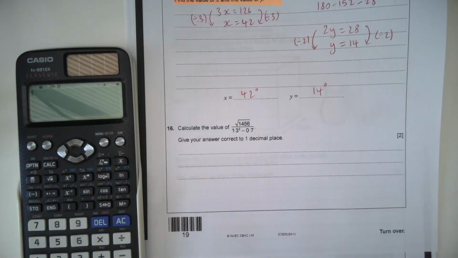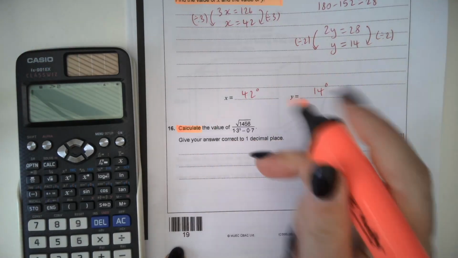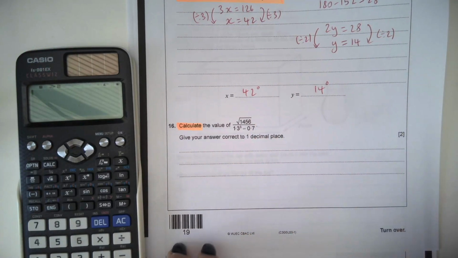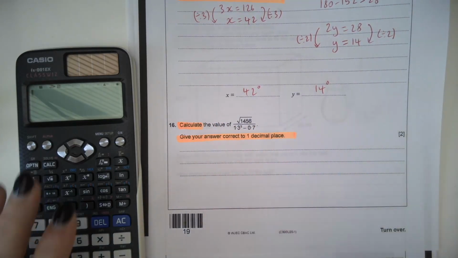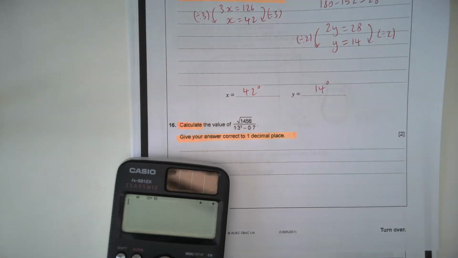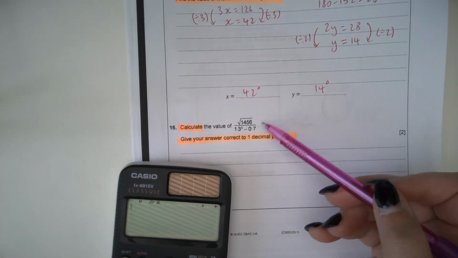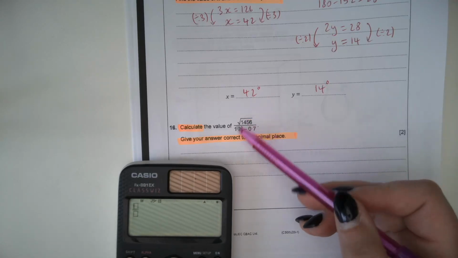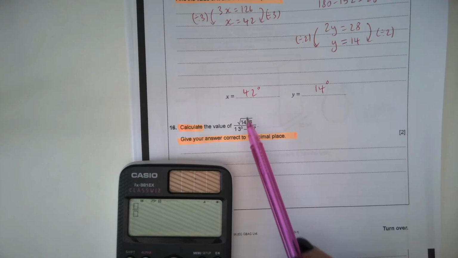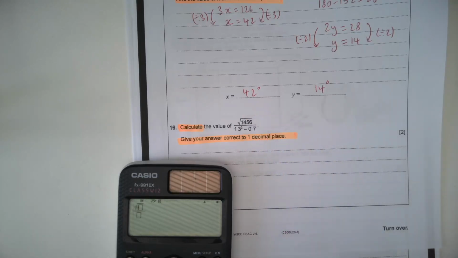Question 16. Calculate the value of this sum and give your answer correct to 1 decimal place. So we're going to enter this into our calculator, guys. That's on a calculator paper. But I need to enter it in exactly as it is there. So the first button I'm going to press is the fraction button because everything's in a fraction. On the top of my fraction, I've then got this square root. And inside the square root, I've got